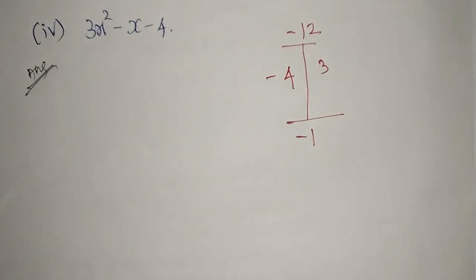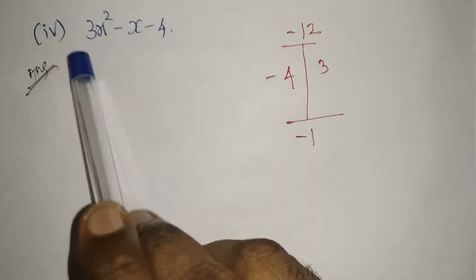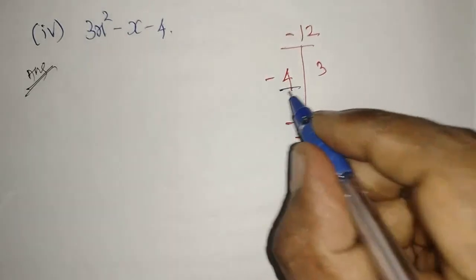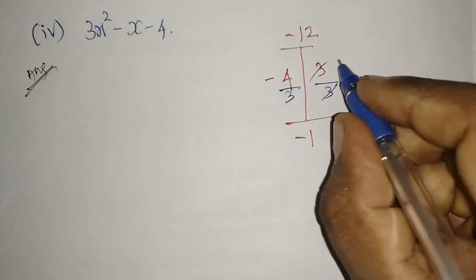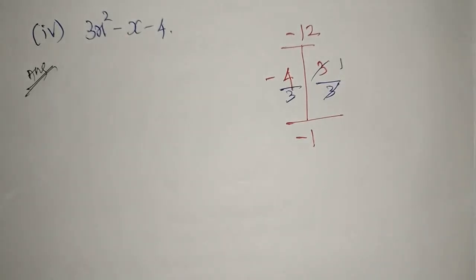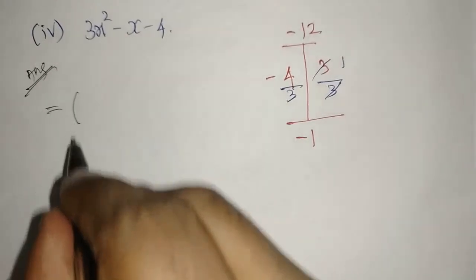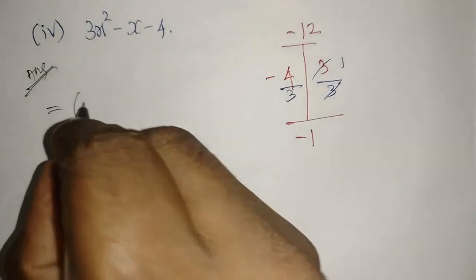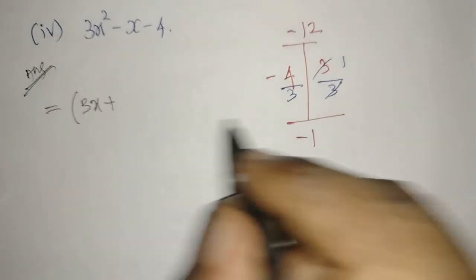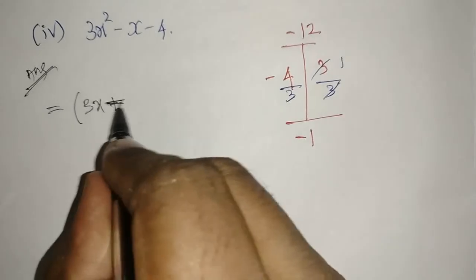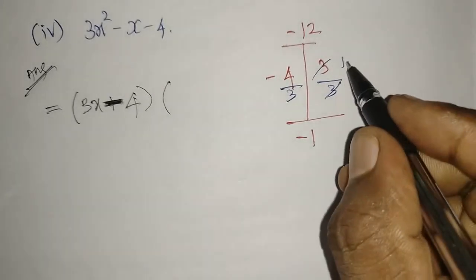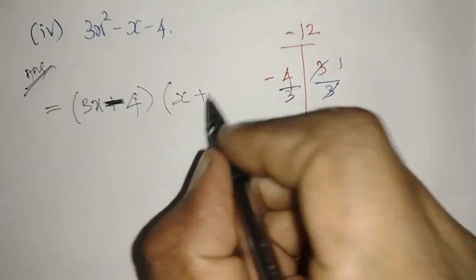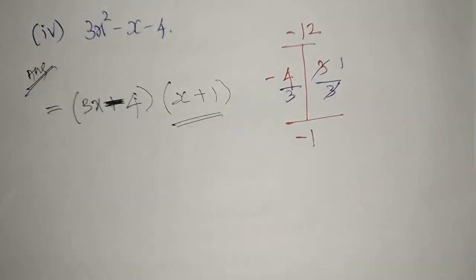Understand? Now see, the coefficient of x square value is more than 1. So 3 we have. By 3 just I am doing for both factors. Here not possible to cancel, but here it's possible to cancel. 1 I am getting. Now we'll go for the answer. See, the denominator we have 3, so that 3x plus, minus 4. Sorry, here minus 4 into, this is 1, so that x plus 1. That's it, our required answer by I factor.